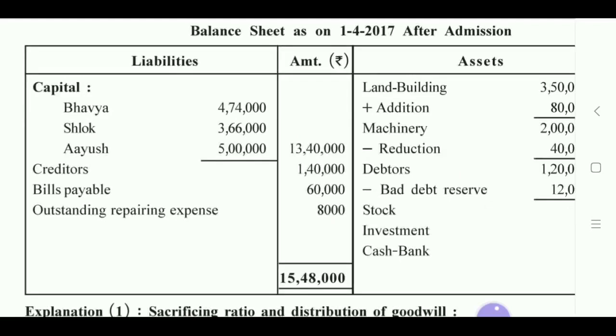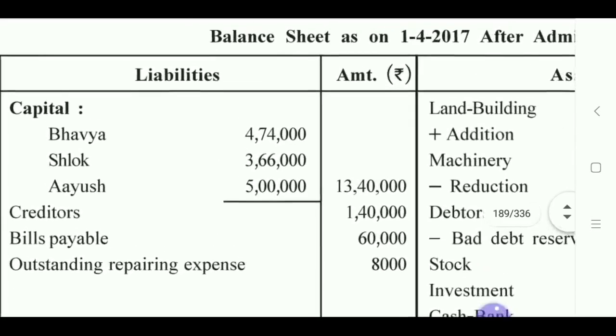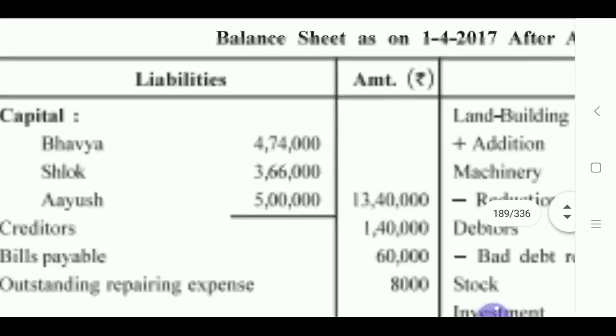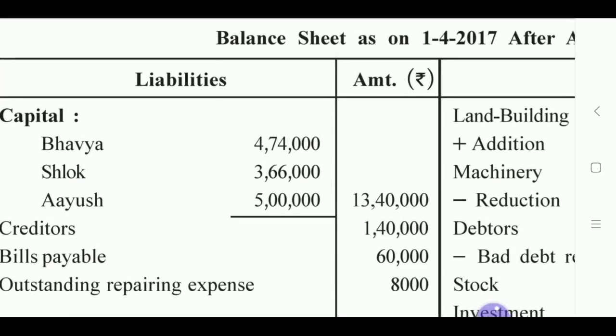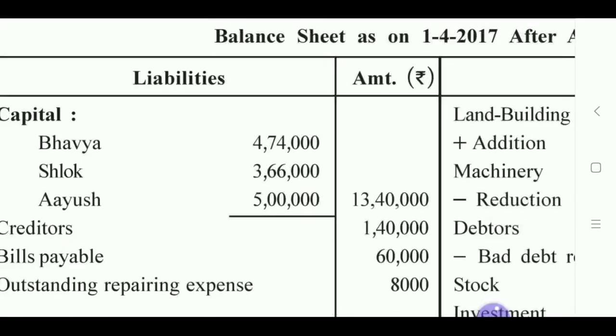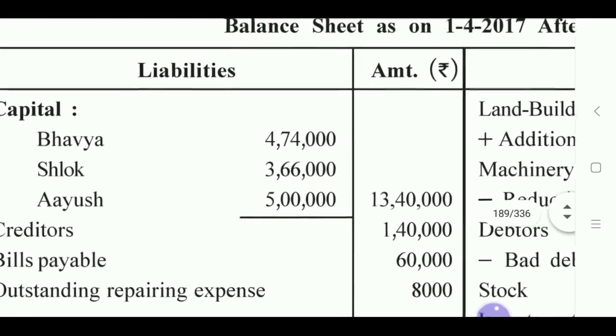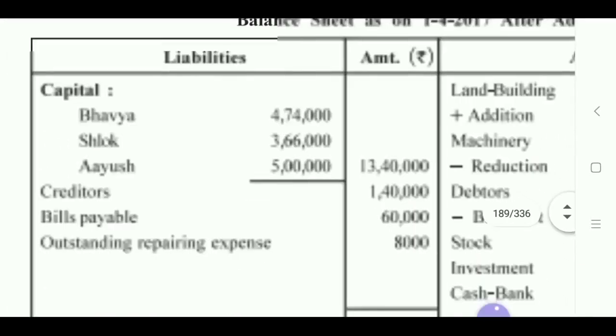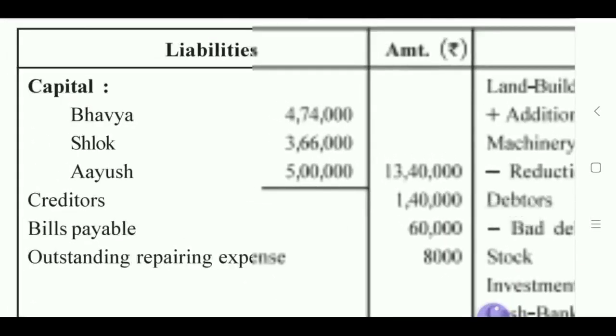Before writing anything on the credit side, make sure you leave sufficient space for writing the closing capital of partners. If you know what I mean, closing capital. I have taught this in the previous video. When you total the partners' capital accounts, you will get the closing capital, which is written here. Now there are 3 partners. Yes, earlier there were 2. So you are supposed to leave sufficient space and then write creditors, bills payable,